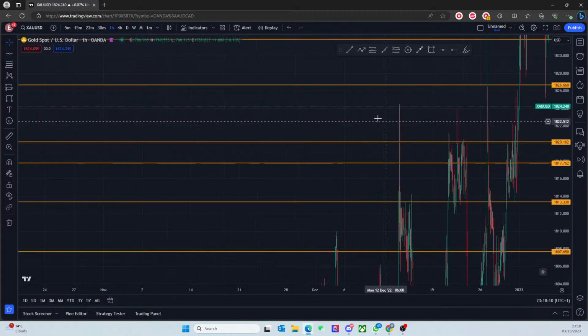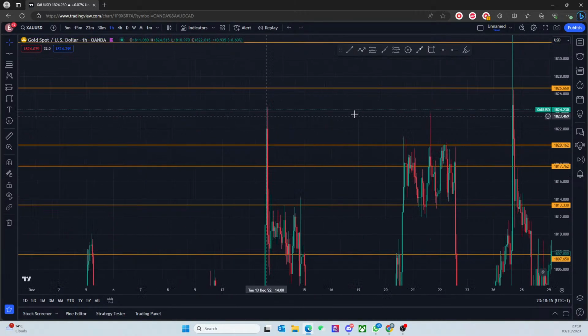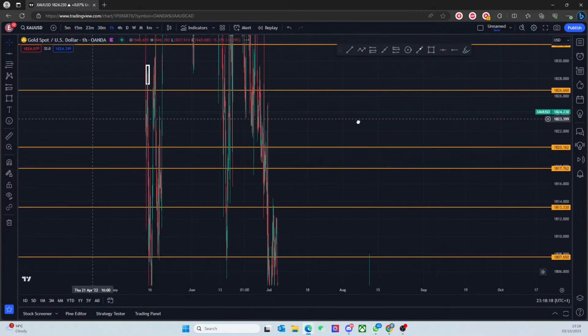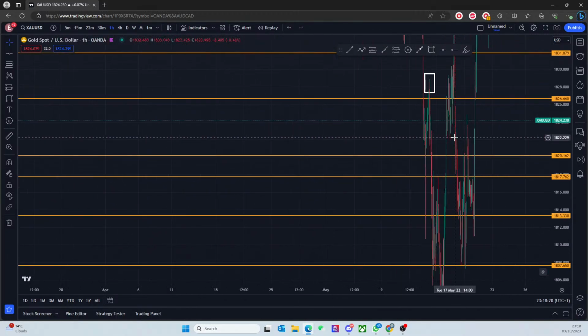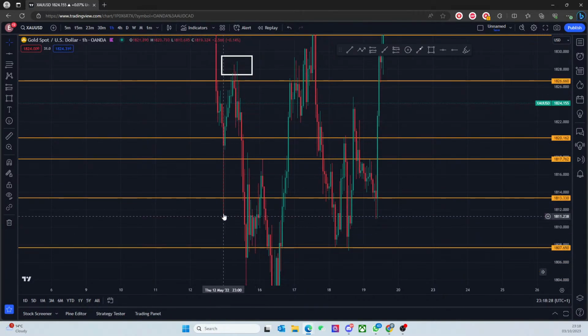What does 17 look like? In terms of this, it doesn't really make too much sense, because you haven't really ranged in these sorts of areas. Let's continue further back. This is another area we're interested in. Cool, look at this. You're ranging in this area. You grab liquidity here and you're looking to push down, but you also grab liquidity towards these sorts of areas.